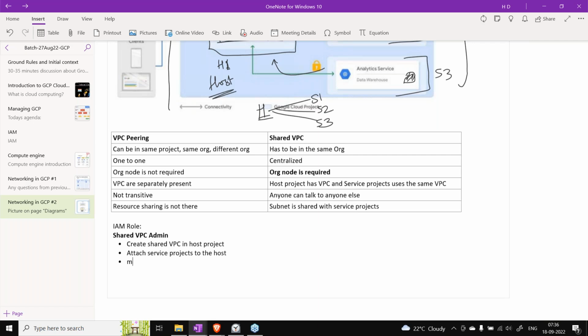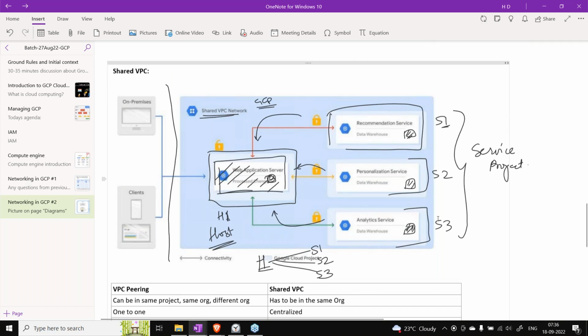He can also manage the firewall rules on the VPC of the host, and on the service projects also, if there are any firewall rules, he can manage those too. I think that is enough for that particular role. These are some of the things that we require for shared VPC.